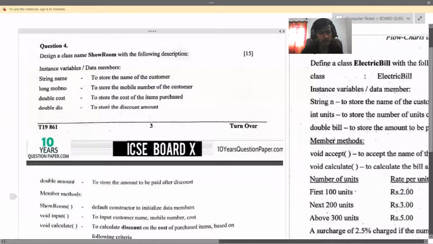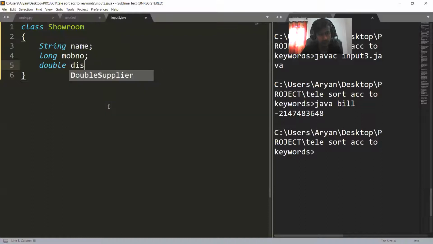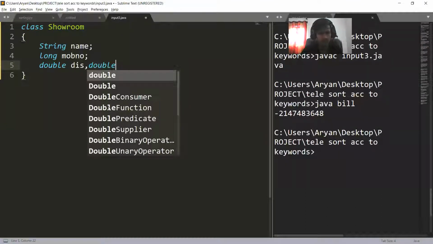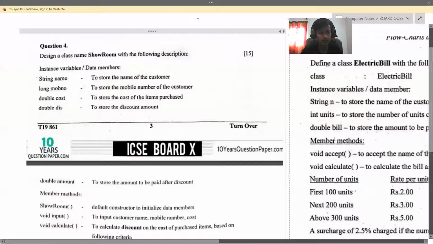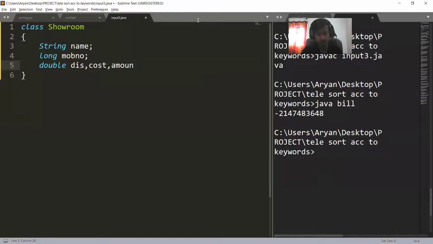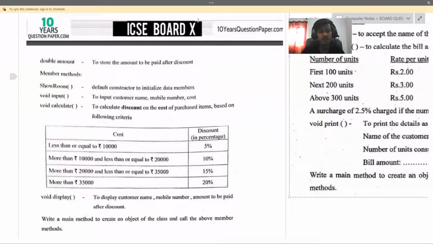double discount, double dis, double cost and double amount. Here, the next thing that our program says is to create member methods. The first member method that we have here is, as you all can see,